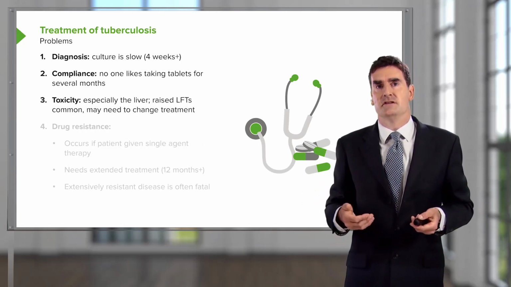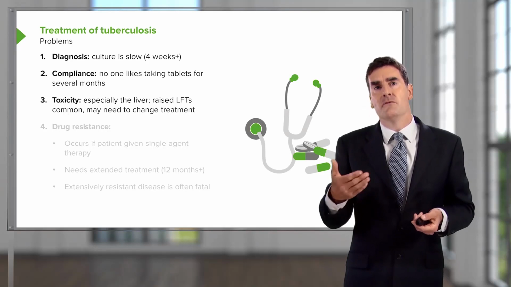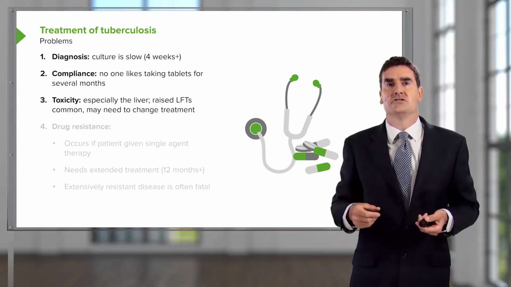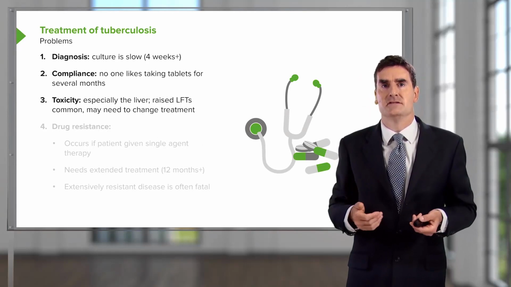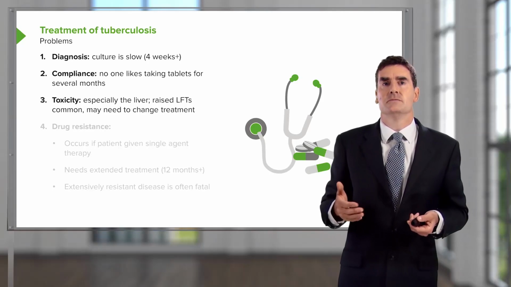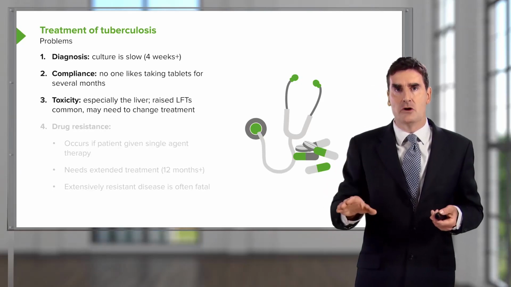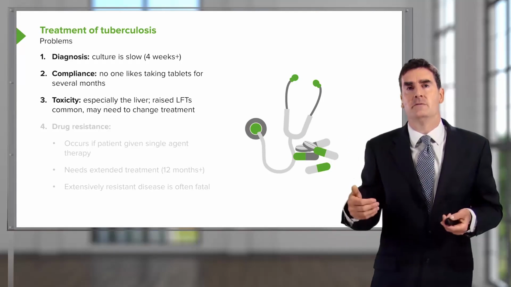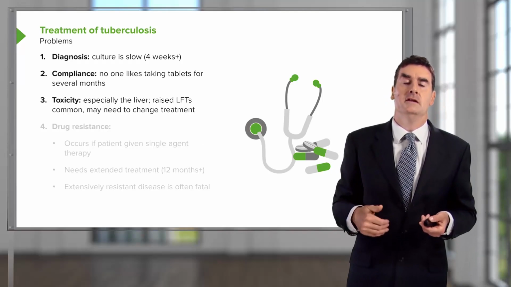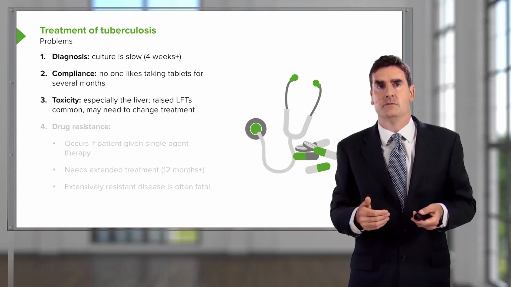The third is toxicity. Unfortunately, several of the drugs that we use for tuberculosis are liver toxic, and they cause an inflammation of the liver with an increase in the liver enzyme results. And that can prevent those treatments being used. So we have to monitor the liver function tests, and if they go too high, we have to stop the therapy and then restart it, trying to identify which one of the drugs was responsible for causing the liver toxicity. And that's a complex process and delays treatment considerably.